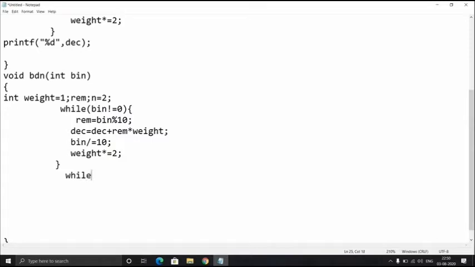Okay, I'm gonna write another while loop. Within the while loop condition, I'm gonna write length, the length should be true, otherwise the while loop will not be executed. And I'm gonna write this statement: n times equals 2, n should be multiplied by 2 itself, and the length should be decremented. As you know, I have assigned length equals 8.